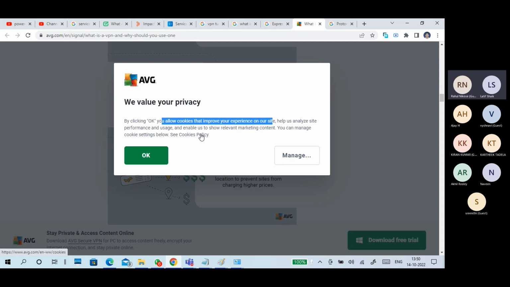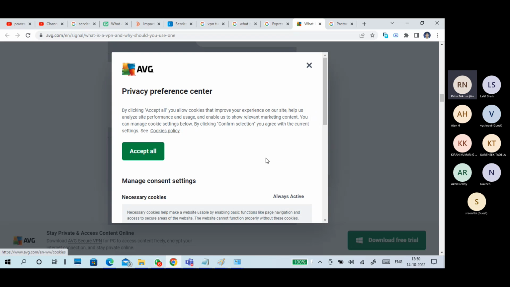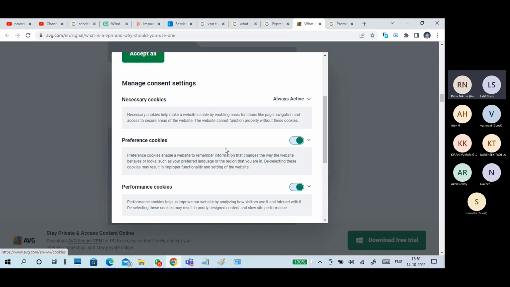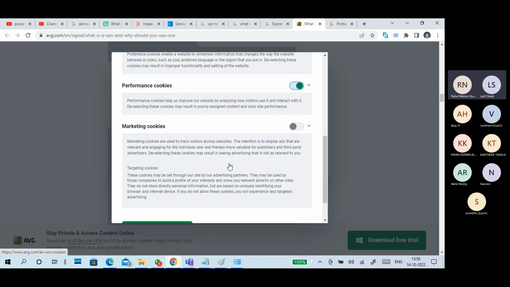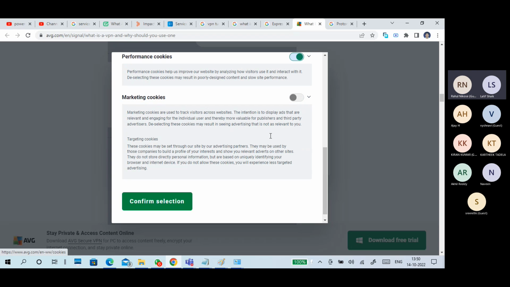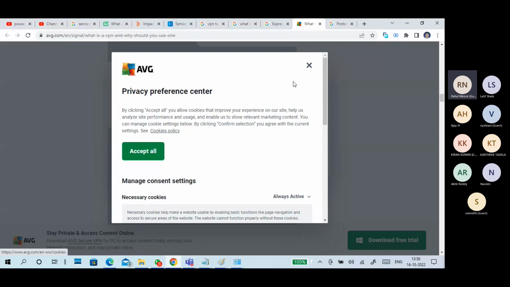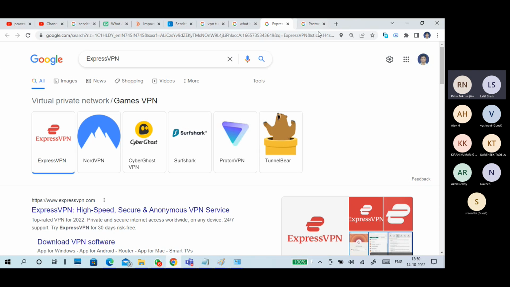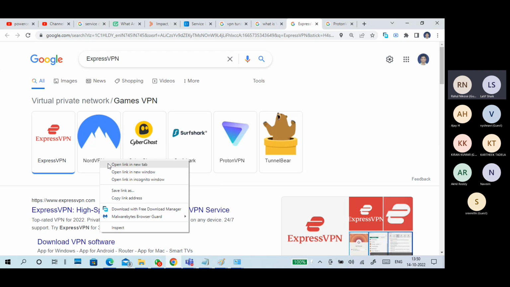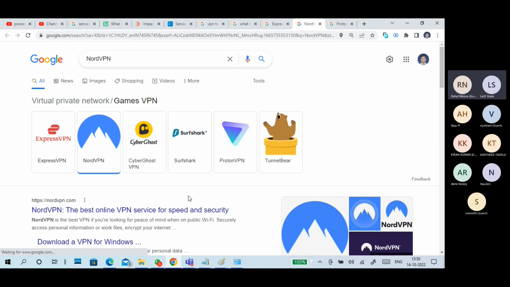Here it is, manage. Accept all, there are no other options. Preference cookies, performance cookies, marketing cookies, confirm selection. I don't select all this. I don't encourage this. A big fraud is going on with this kind of stuff. People need internet nowadays and they are running fraud businesses with them.